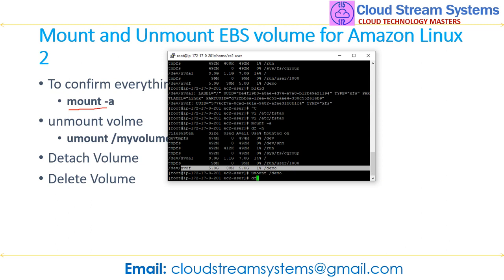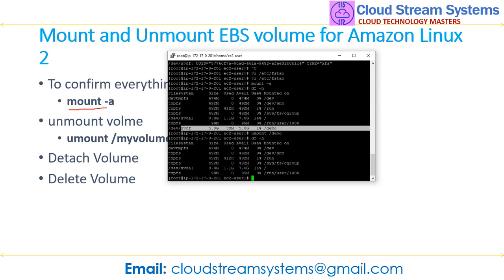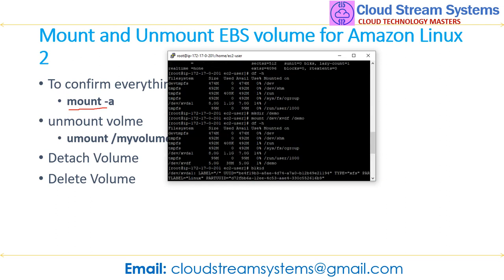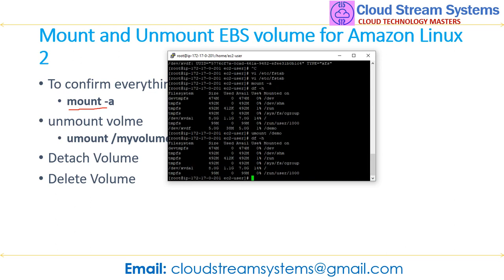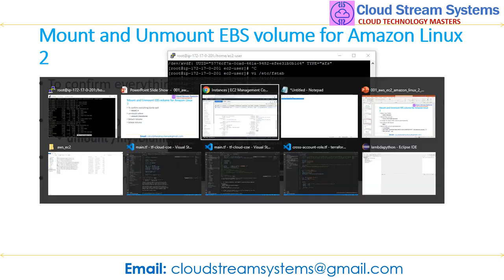Let us perform the df command to see it's unmounted. You see over here, you are no longer seeing it. Here, you saw the additional volume you mounted under demo. You unmounted it, and again if you do the df -h command, you don't see it. That means you unmounted it successfully.